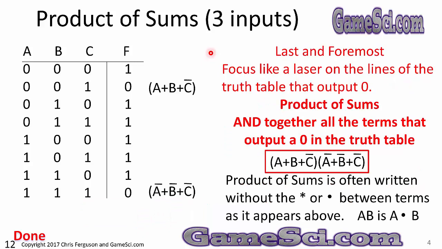Last and foremost, focus like a laser on the lines of the truth table that output 0. Product of sums says AND together all the terms that output a 0 in the truth table. When you look at this expression, we're ANDing together the two lines that produce a 0 in the truth table. Product of sums is often written without the star or the dot between the terms as it is above. Remember, AB is just A and B. This is these two